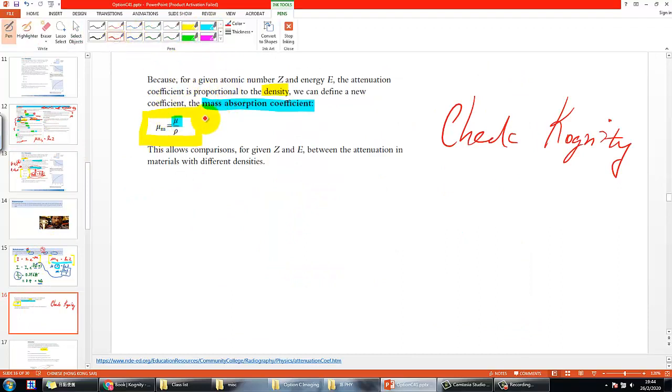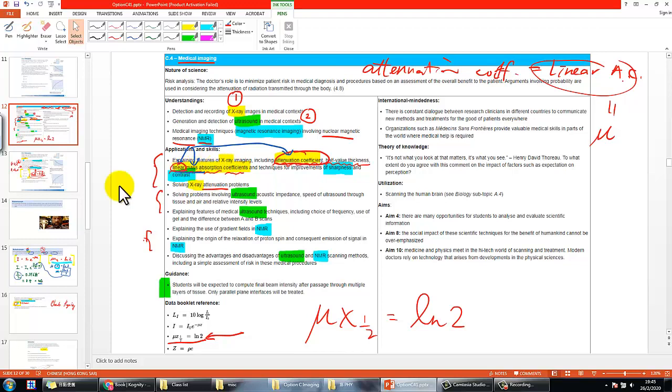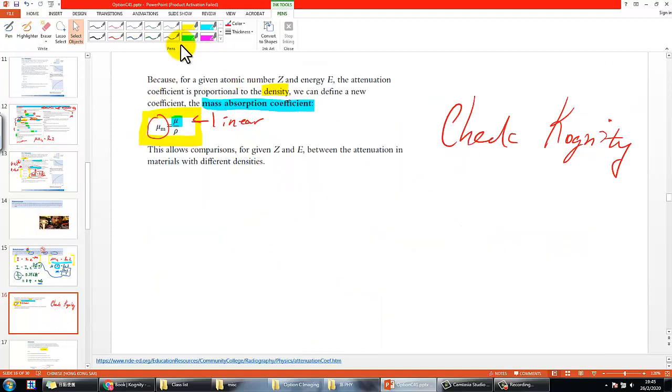So this one is the coefficient that we talk about, and also it's called the linear absorption coefficient. And after you divide by density, then this is the other one called the mass absorption coefficient, which is the one that we highlight here. Okay, so